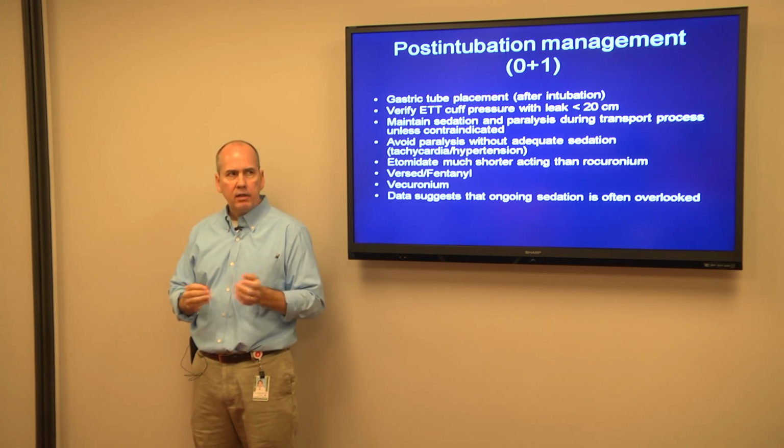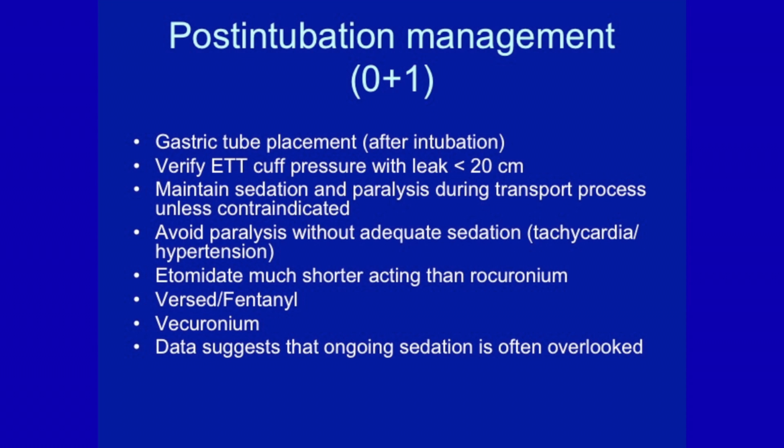So the checklist talks about our post-intubation management and such. Cuff pressures need to be verified, gastric tube. The thing we miss most often is maintenance of ongoing paralysis and sedation. So we are using short-acting drugs, right? Etomidate,